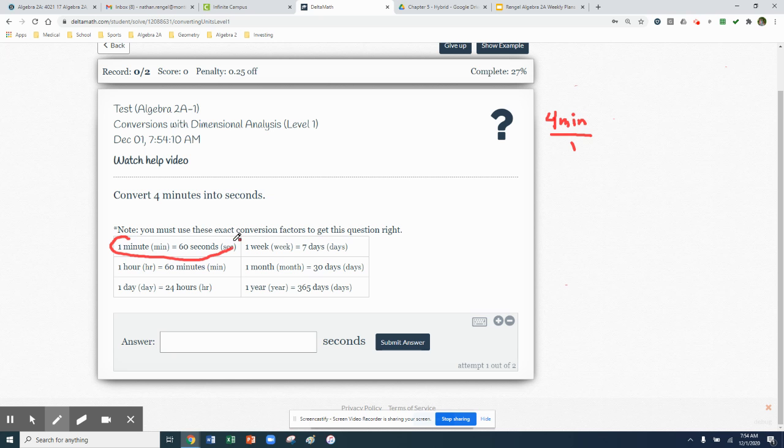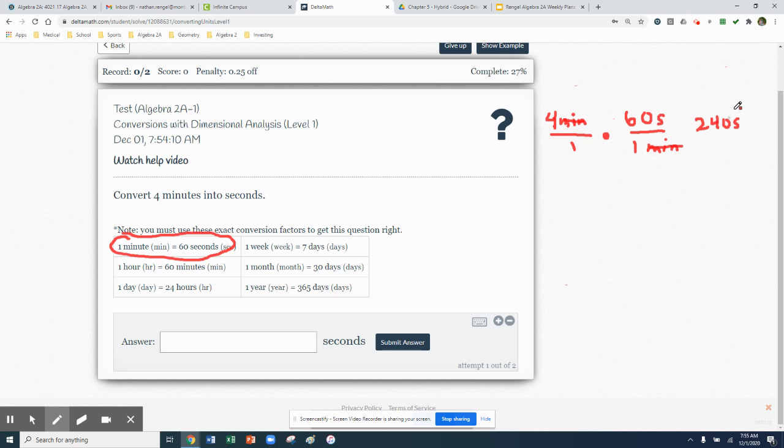The conversion rate we're going to use is that 1 minute is equivalent to 60 seconds. Now we're going to write that conversion rate as a fraction, but we're going to write it a specific way to get our minutes to cancel out. We're going to put our seconds up in the numerator, and our minutes down in the denominator so that those minutes are diagonal from each other, and they will then cancel out. After that, we will multiply our numerators, multiply our denominators, which ends up giving us